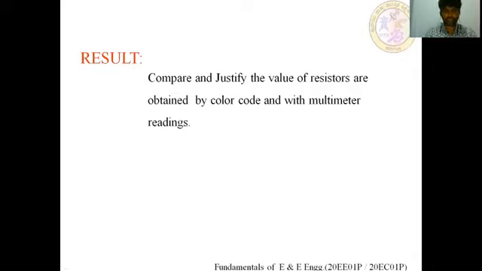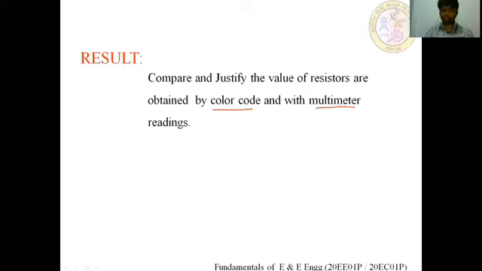As we already know how to get the resistor value from the color code method, and also how to measure the resistance value with the multimeter reading, once we get those values, we compare the theoretical value which comes from the color code system with the practical value which comes from the digital multimeter.